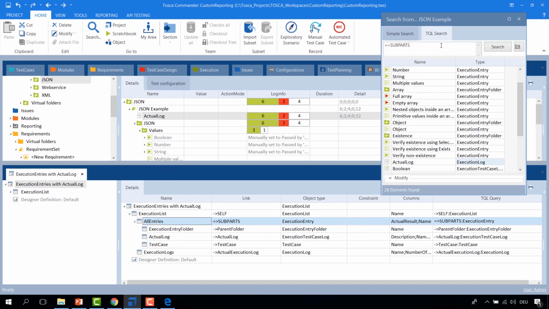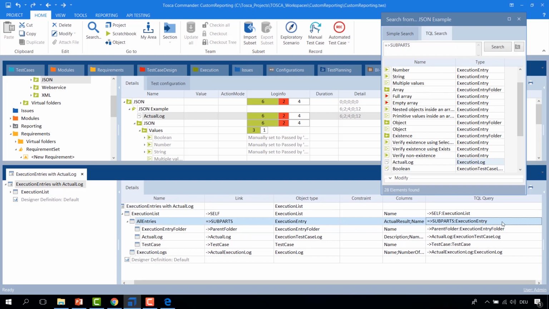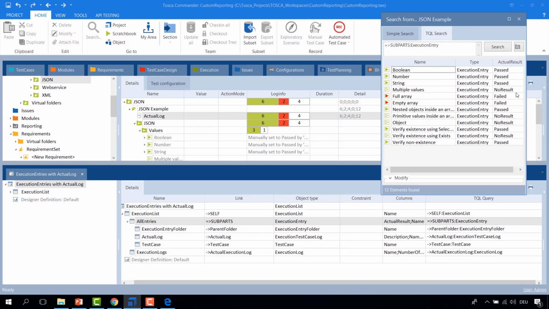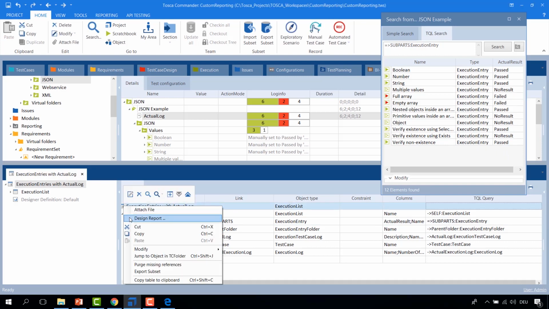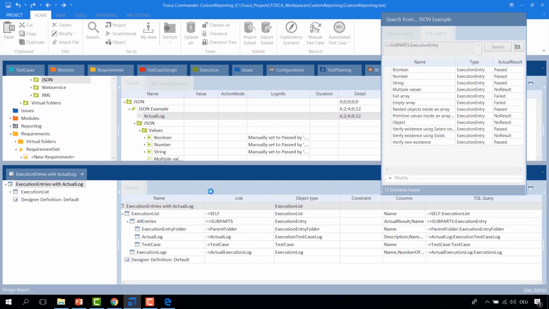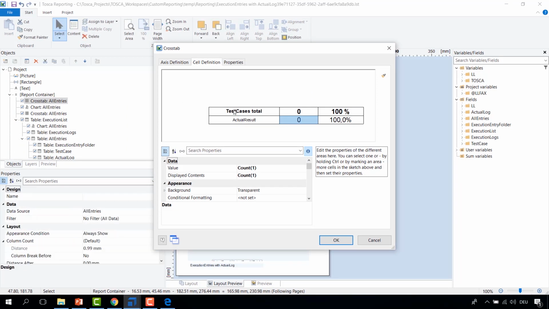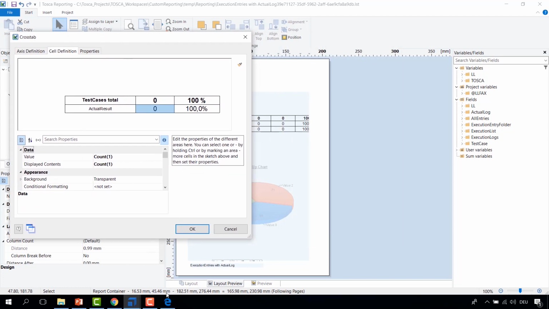By the way, the actual result, if we want to see what it is in TQL query, you can show that here. So basically it is passed, failed, no result. Going back to the report designer, let's go back to our tab. There is a couple of more objects defined here. So basically, when you compare that to the actual report,